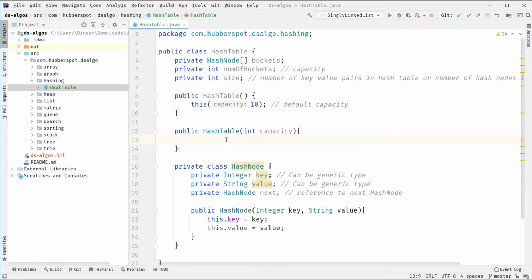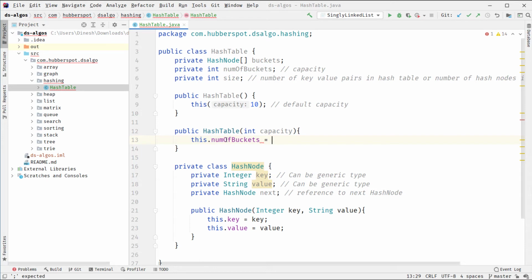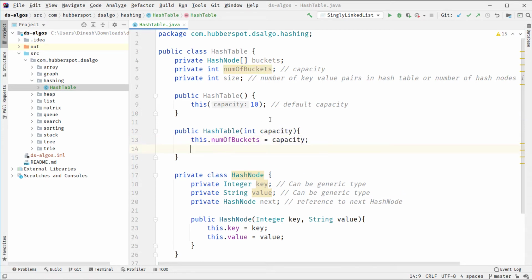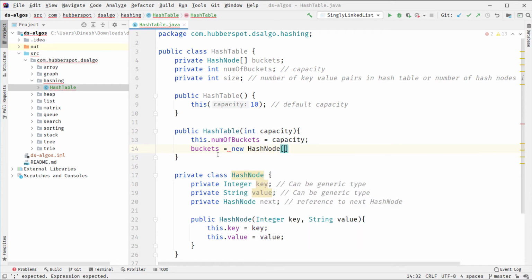So here what we'll do is, to number of buckets we will assign the capacity, and now number of buckets is holding the capacity. So we will create the array of hash node whose length would be the value stored in the number of buckets.